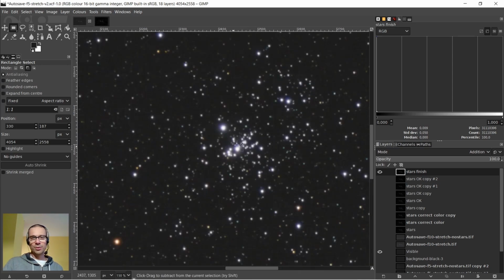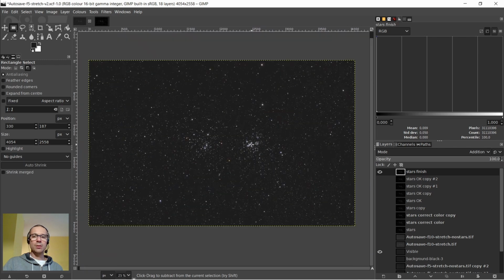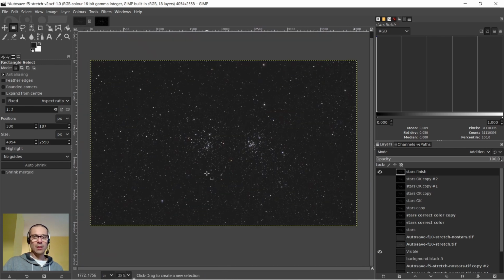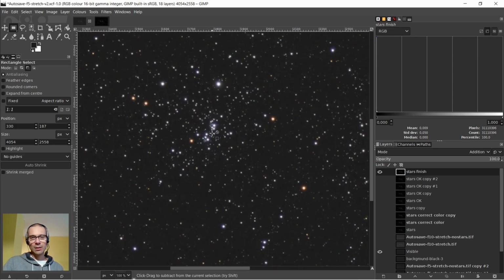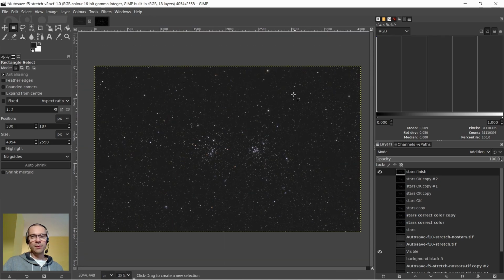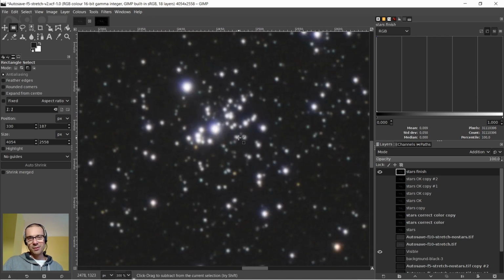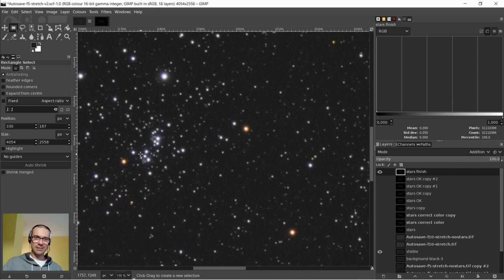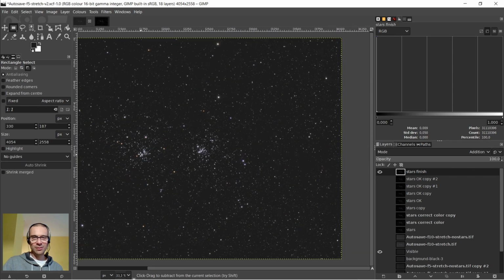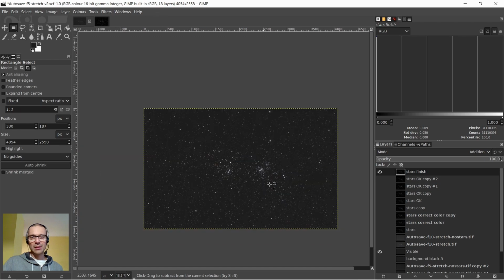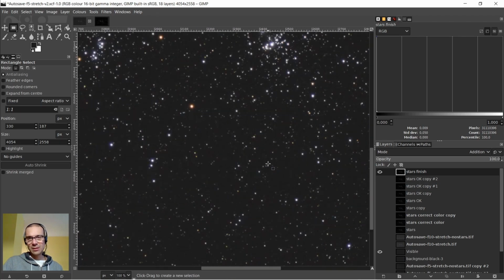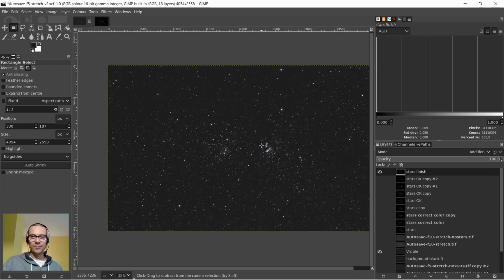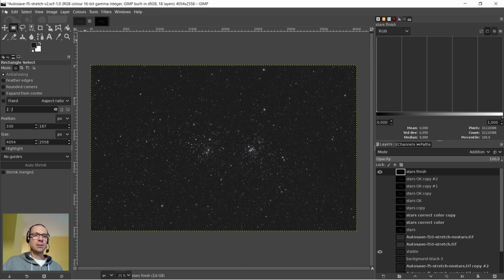This is the finished image of double cluster shot by full moon using an achromatic refractor Startravel 80, for which I paid the equivalent of 75 bucks. So as you can see, the result reminds the result from the ED80 telescope, more or less, which I think is pretty good for such a small, cheap achromatic refractor. So now you can export the image, file, export as JPEG,